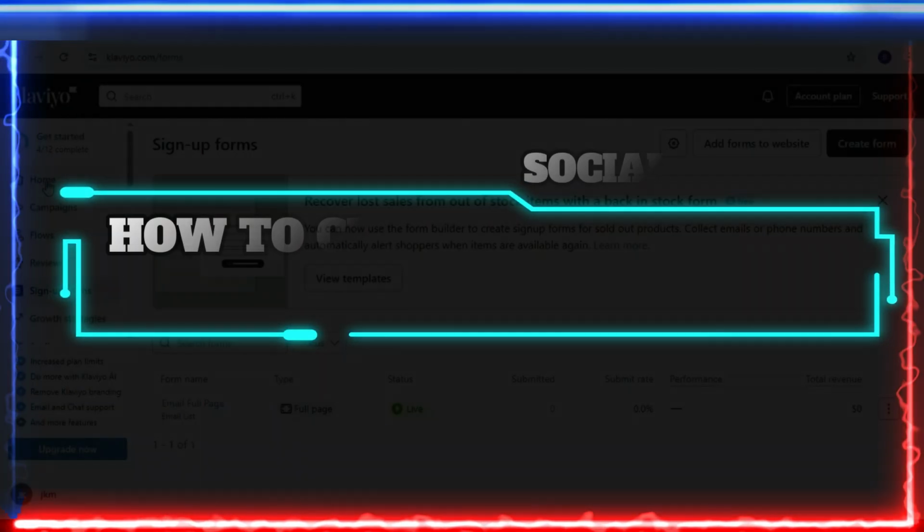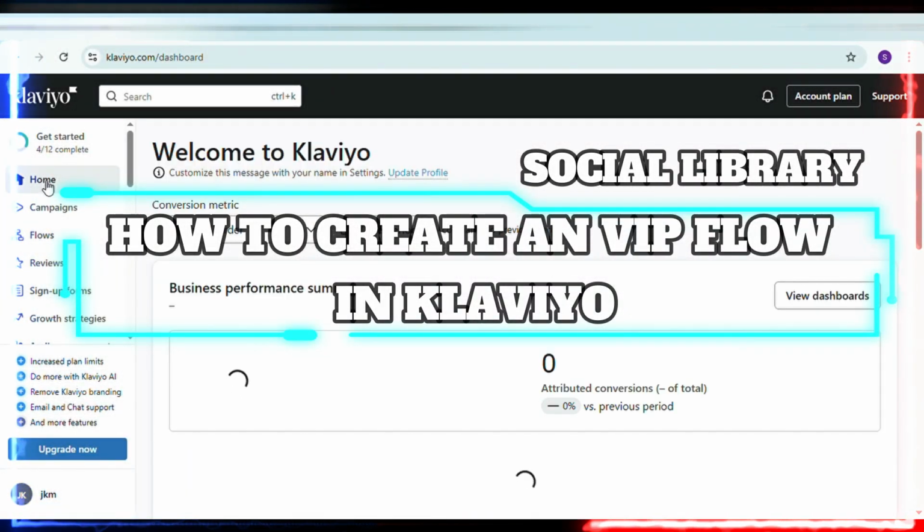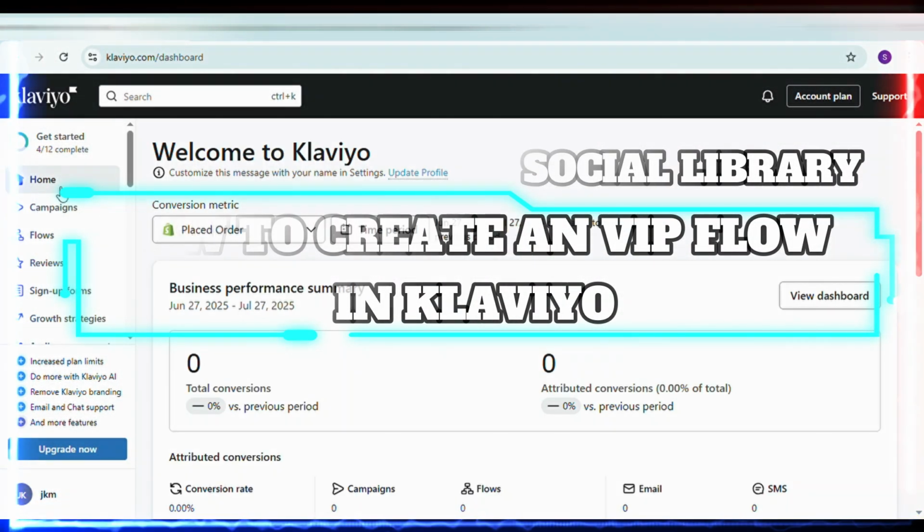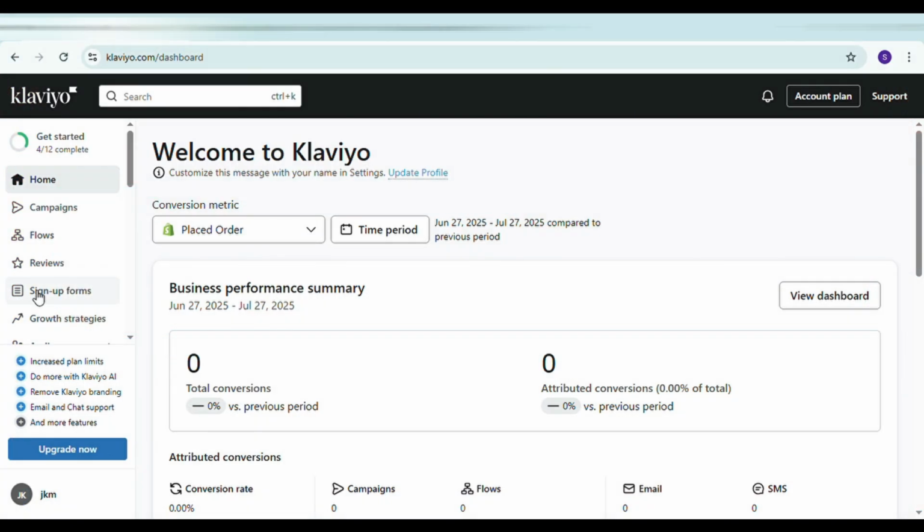Hey guys, welcome to this tutorial where we will explain how you can create a VIP flow, so let's jump right into it. First we have to log into your Klaviyo account, and once you are logged in